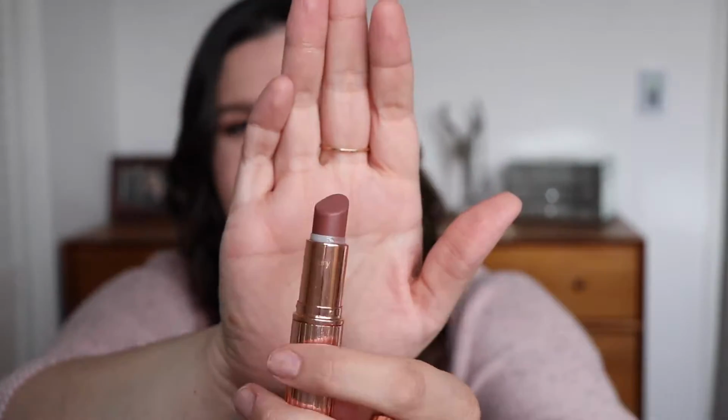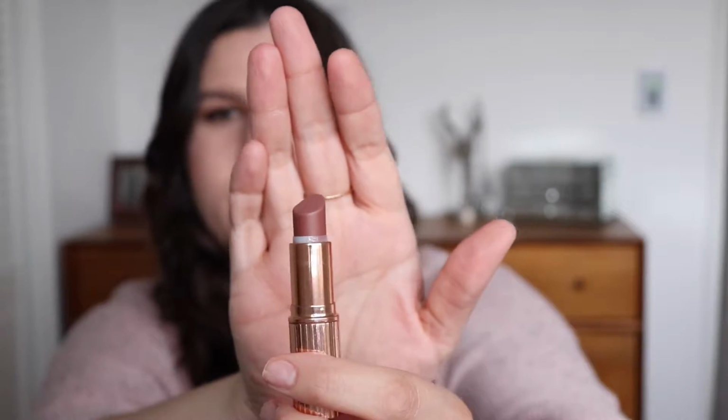Okay, final makeup favorite. This is a lipstick that I have had for a long time. The Charlotte Tilbury Matte Revolution lipstick in Very Victoria. I think this is quite possibly my all-time favorite lipstick. I may have mentioned this in a favorites a couple months ago. I apologize if I did. I'm wearing it today. It's just the most perfect sort of pinky brown nude kind of color,